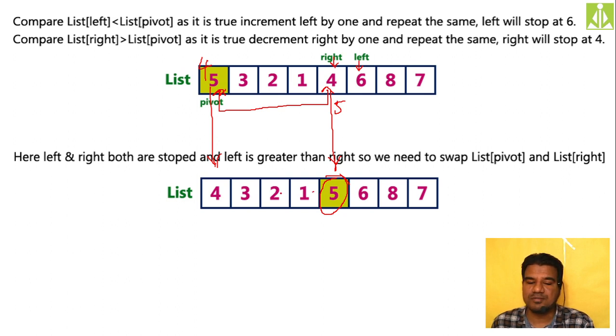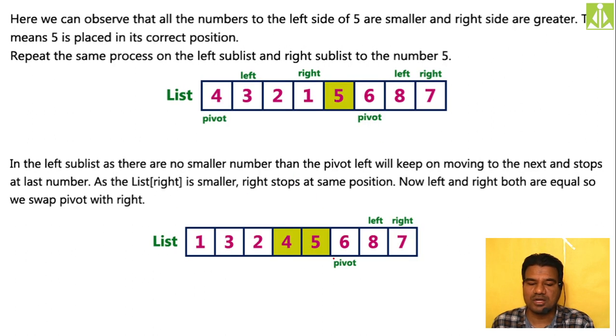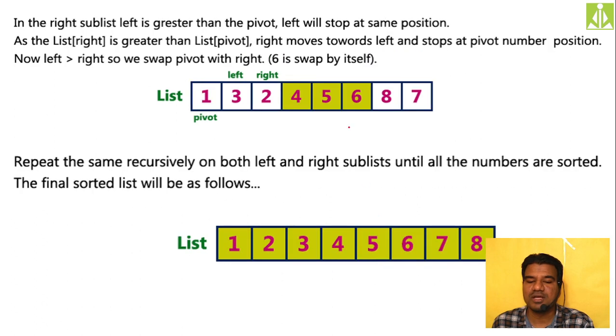So now, after doing the partition, again you take this sublist, take the first element as pivot, the next element as left and the last element as right, and find out the next pivot. Apply the same previous procedure and find the next pivot in this list, and in this list another pivot. Here we got 4 and here we got 6. 6 and 4 are our next pivots.